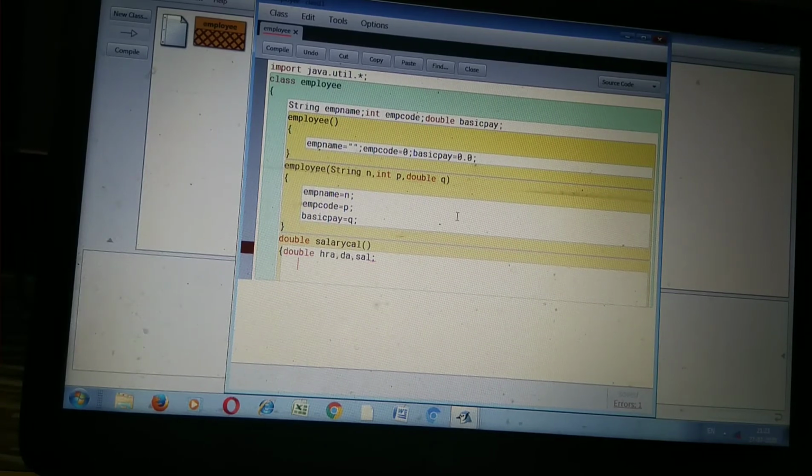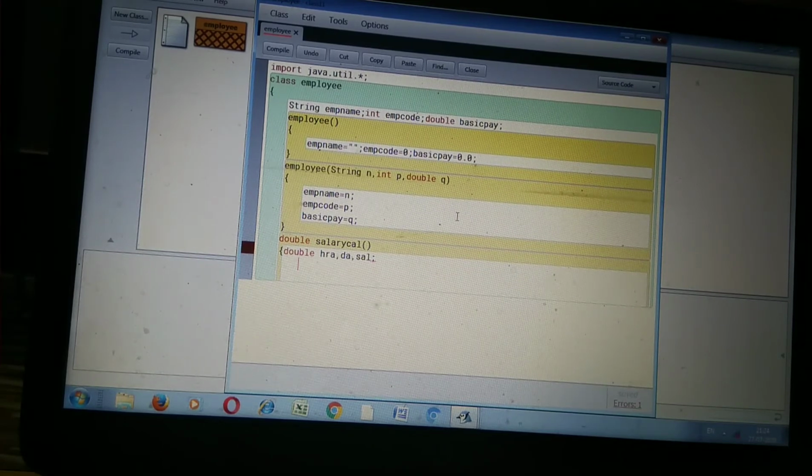The special allowance will be 20% of the salary, meaning basic plus HRA plus DA, and the maximum amount for special allowance will be 2,500. And if the employee code is greater than 15, then the special allowance will be rupees 1,000. That is the given condition.